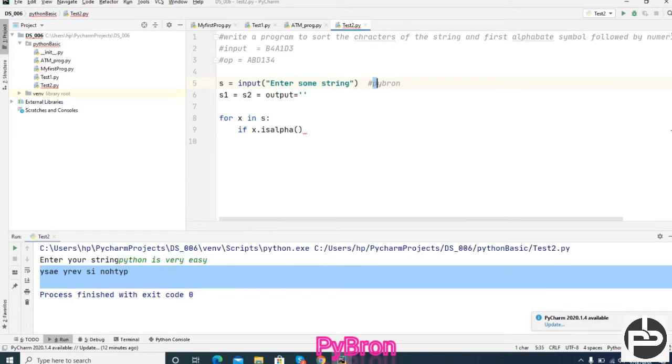The first value will be p, and it will check whether p is an alphabet or not. If it is an alphabet, then only it will go inside the if condition.